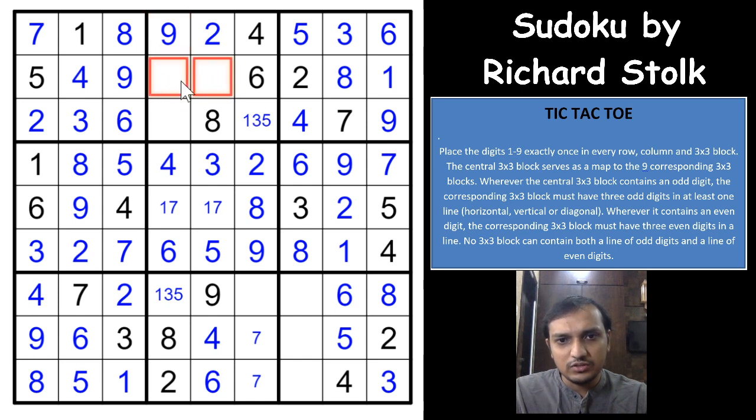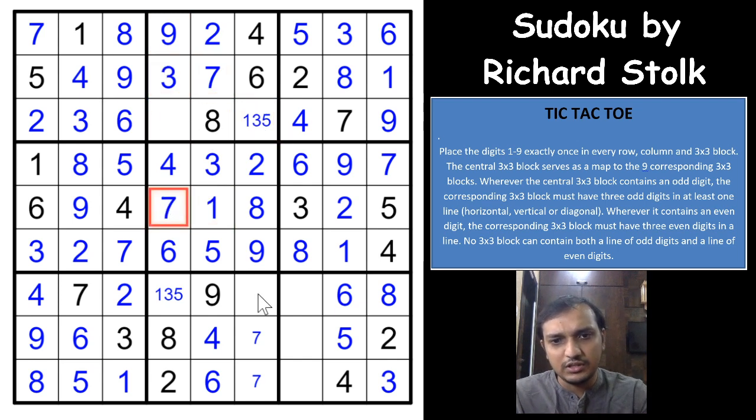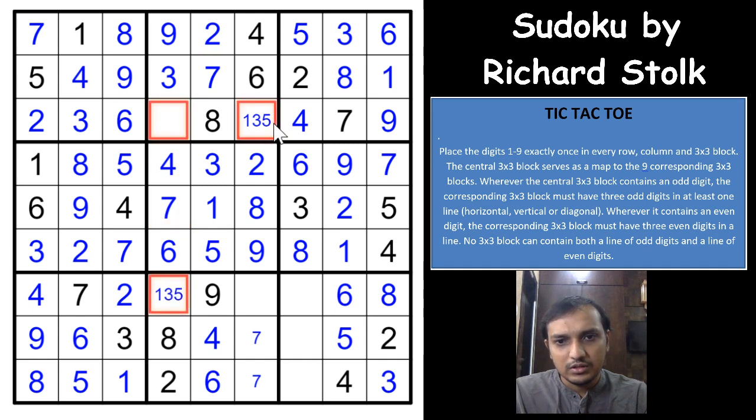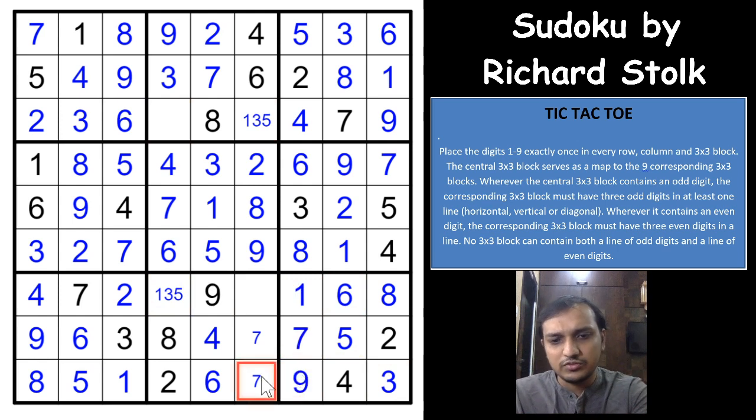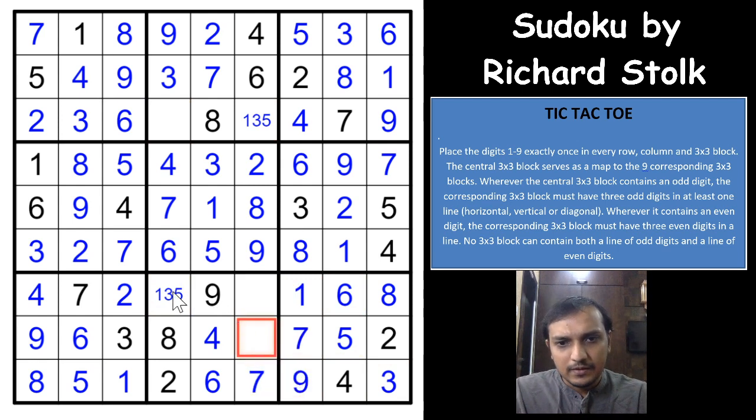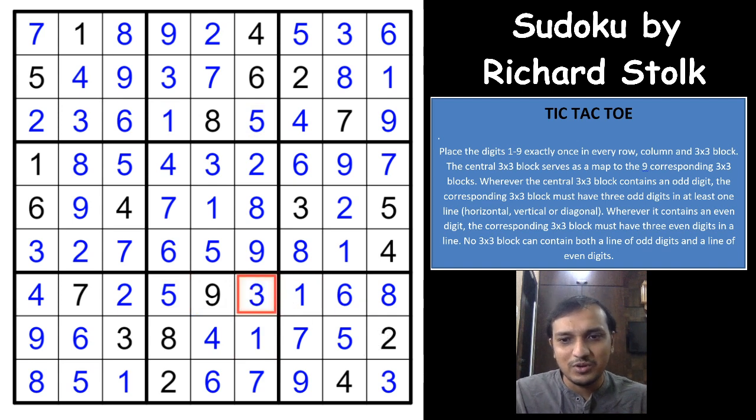1 5 3 7. So this is 7, this is 3, this is 1 and 5, right? Can be anyway. So because of the 7 you have 1 and 7 here, and 1 and 5 here. So 1 3 5, this is 1, the 3 and 5 here, this 1 will give you 7 and 9 here, this gives you a 7 here. 1 3 5. So this is 1, that gives you a 1 here, a 5 here, a 5 here, and a 3 here. And with that we complete this Sudoku, guys. Awesome. What an excellent Sudoku this was.